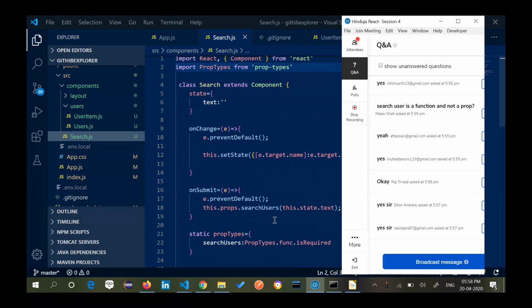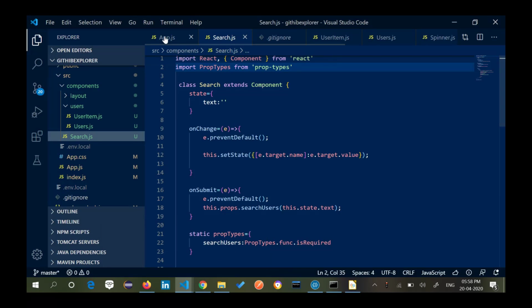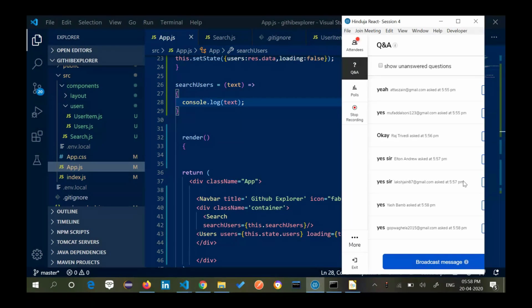And there is one more thing. Even after I search, I don't need this. Let us do what now in my app.js. Is my step one completed? I wanted to know what text is being searched. Now what should I do? Now I can make a call, right?